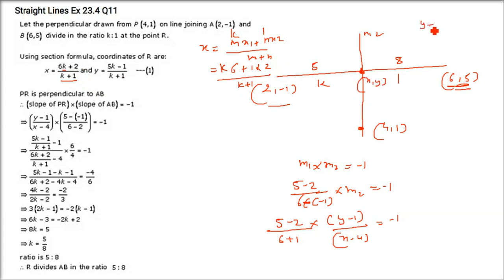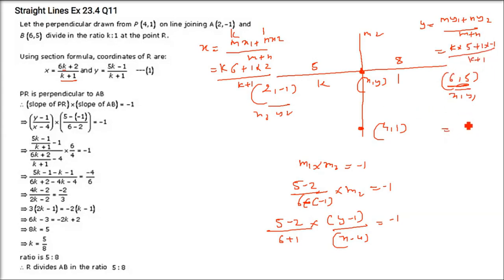And then we have the other point, y equals (my1 plus ny2) by (m plus n). So we have taken this as x1 y1, so again we have to take this as x1 y1 only. This is x2 y2. So we take k into 5 plus 1 into minus 1 by k plus 1.